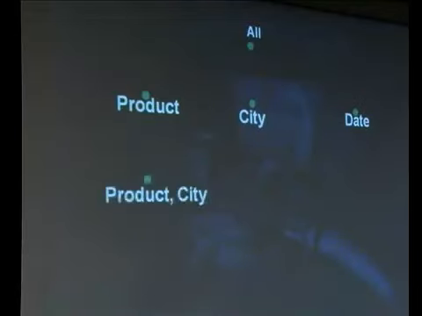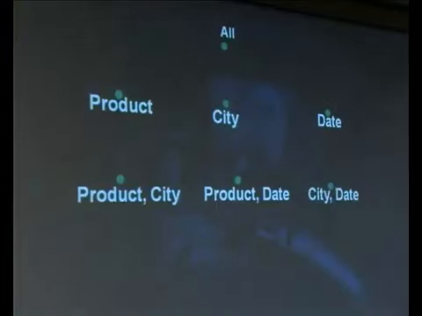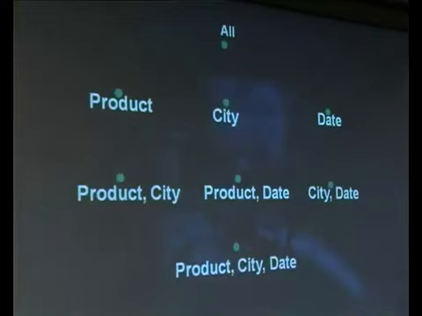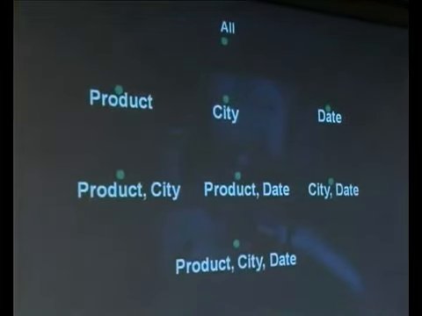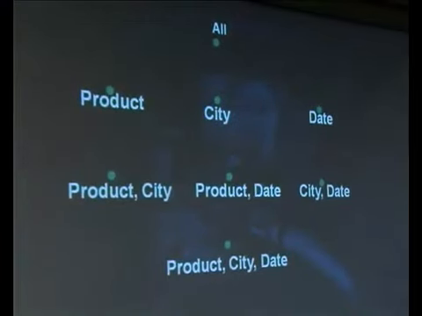If you take these 3 elements, we have three combinations of two-element sets: product city, product date, city date, and also one combination which contains all three perspectives, namely product, city, and date. As I mentioned, since there are three dimensions involved here, we have 2 to the power of 3, that means 8 combinations. All those 8 combinations are displayed here. I will show why it is called a lattice